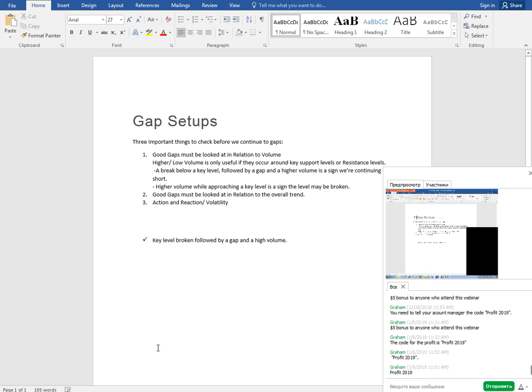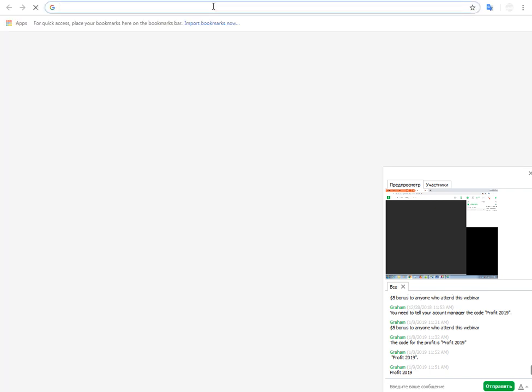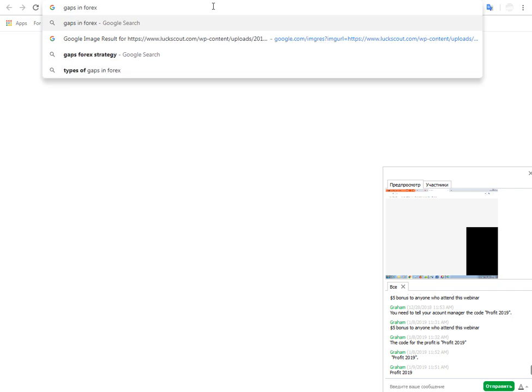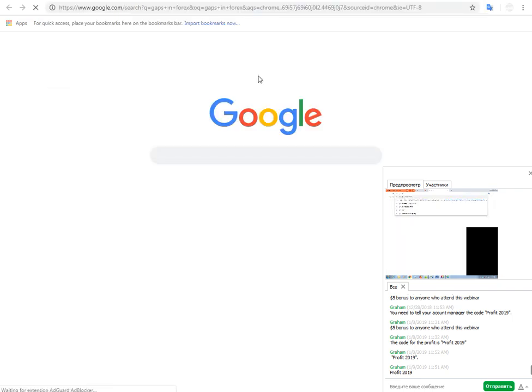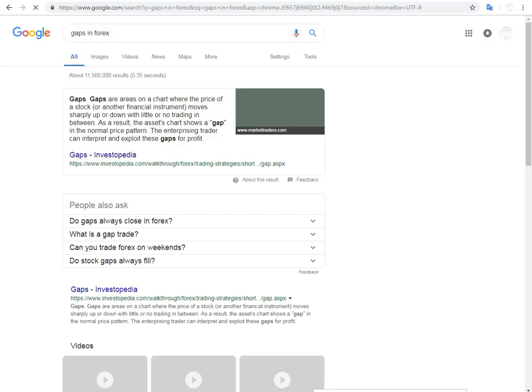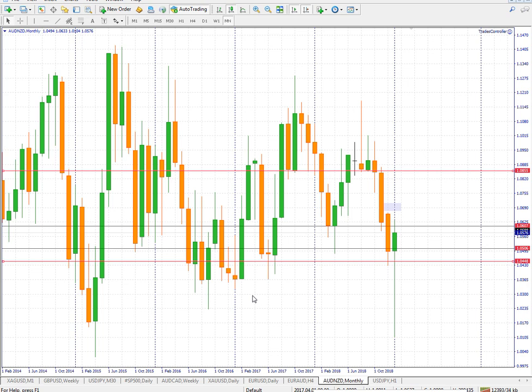So we want to check online to see what gaps are before we look into it properly. Just a second, we just search gaps in Forex. So gaps are areas on the chart where the price or stock or another financial instrument moves sharply up or down with little or no trading in between. So what this means is, if you cannot find any data between where the price closed and the current place and where the price was previously, something like this,